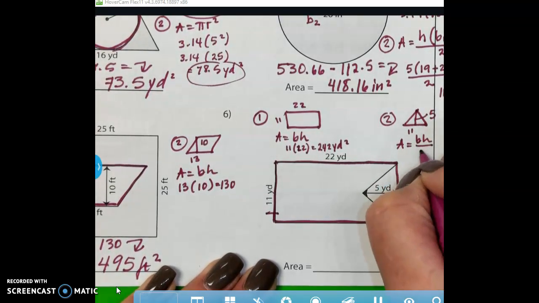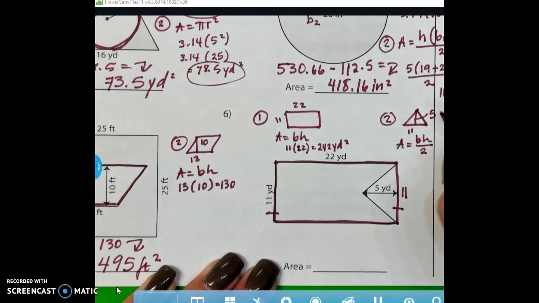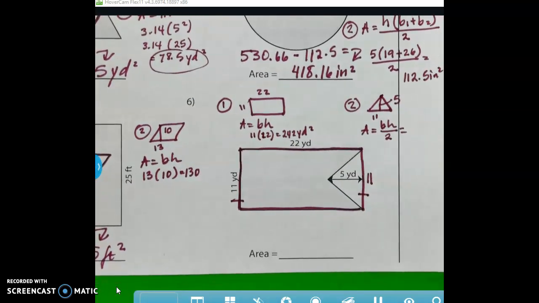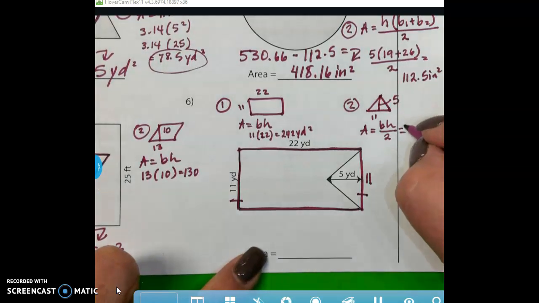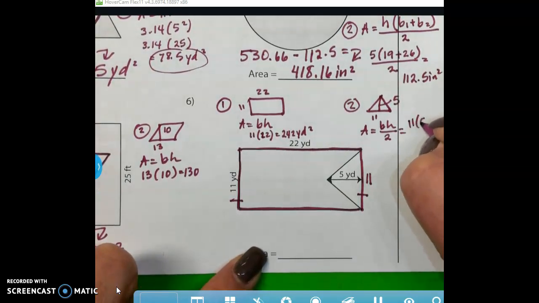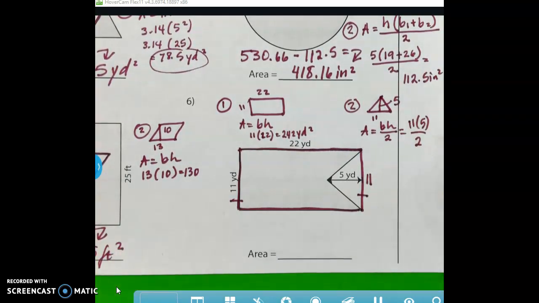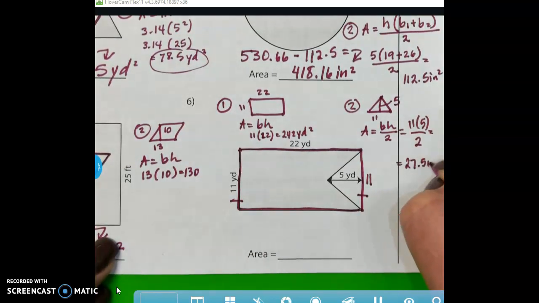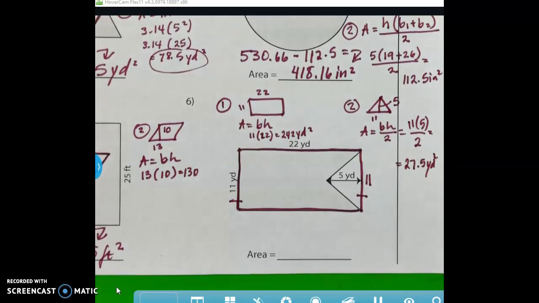Base times height divided by 2. So let me adjust my notes just a little bit. And so we are going to see 11 times 5 divided by 2 will give us 27.5 square yards. And once again, we know that that was removed